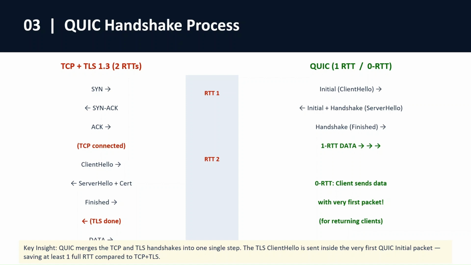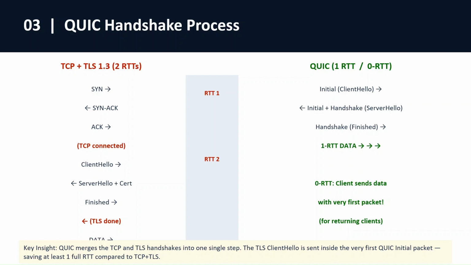On the right, QUIC merges both into a single step. The TLS client hello is embedded into the first QUIC Initial packet. After just one round trip, the server responds with everything it needs in one go, and application data is already flowing. For returning clients, in the 0-RTT case, QUIC uses a cached session ticket to send application data in the absolute first packet, before any response from the server. This is a massive improvement in latency, and helps when we switch from mobile networks to 4G, 5G,